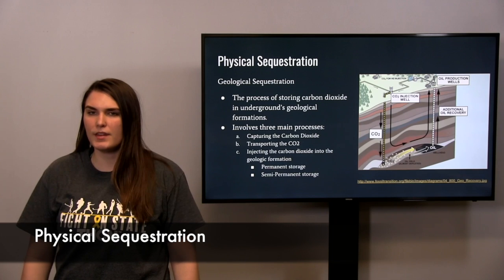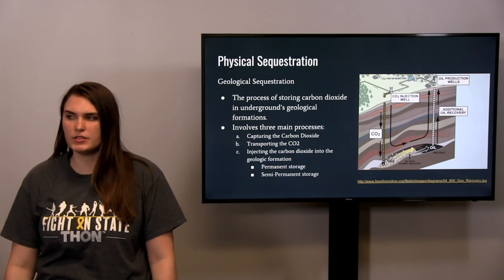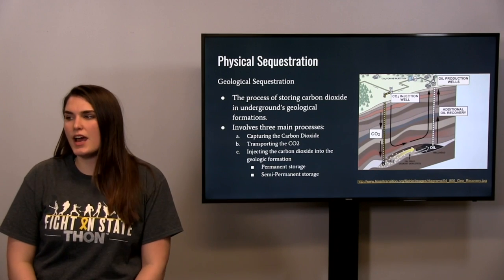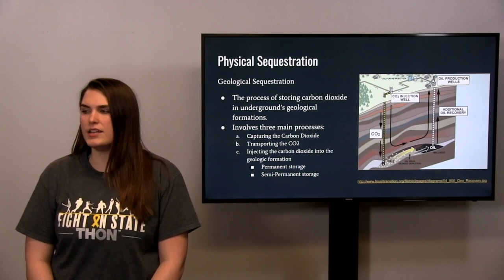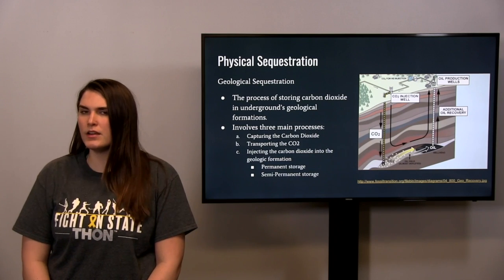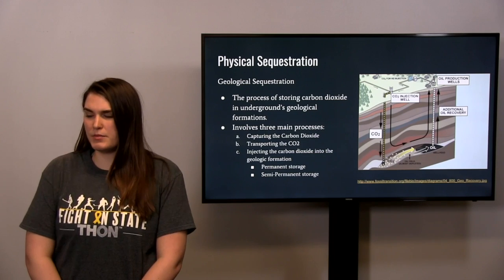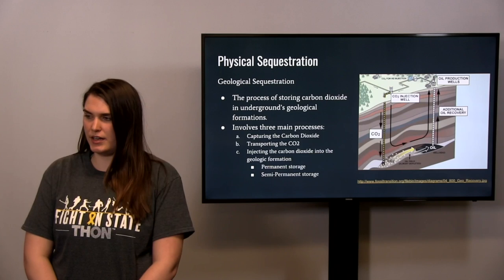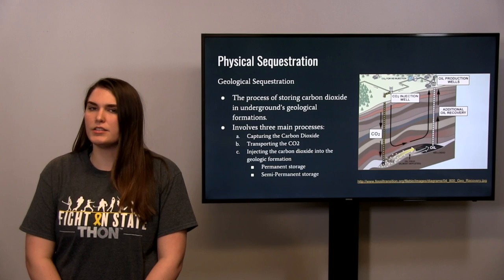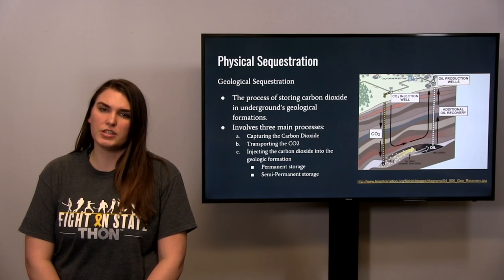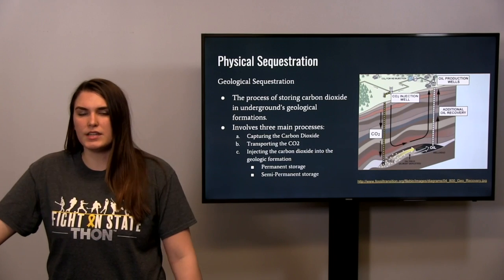I'm Elizabeth Basista, and I'm going to talk about the second type of carbon sequestration, which is physical sequestration. It's also known as geological sequestration, which is the process of storing carbon dioxide in underground geological formations, such as old oil and natural gas wells. That involves three main processes: capturing the carbon dioxide, transporting it, and then injecting it into the well. There are two types of storage: permanent storage and semi-permanent storage, where the carbon will be taken back out